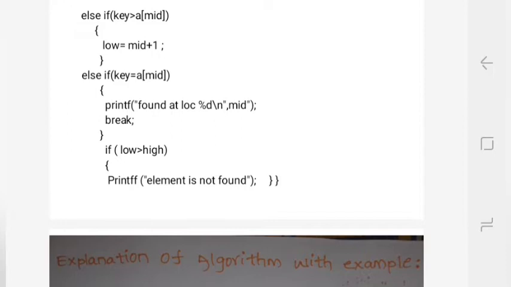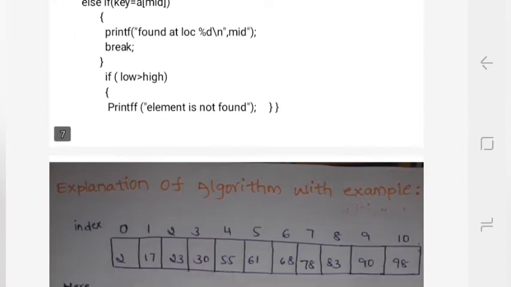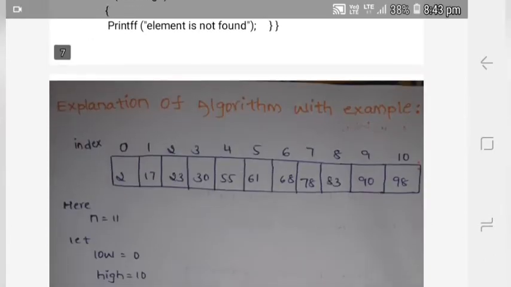In that case, it is easy, and we print that it is found at the location mid, and we break out of the loop. The while loop runs repeatedly, and if all those conditions fail, that means low is greater than high. If low is greater than high, we print that the element is not found.